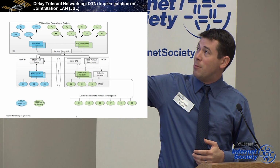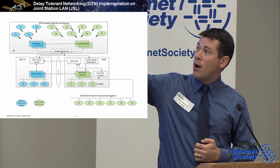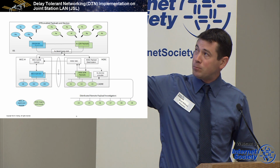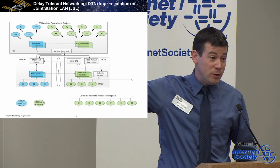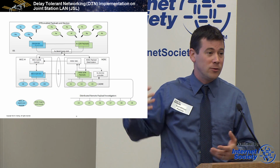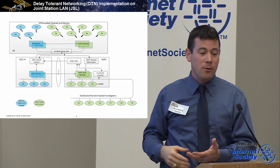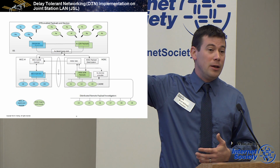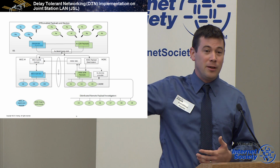That's why you see two boxes on each side. We'll have one running as prime for the ops side, and one running as prime for the payload side. And if we have a laptop failure, which laptops do have once or twice a week, you either have to reboot or you get a single event upset. You could fail over to the other one, start up the VM,